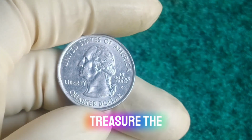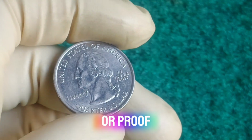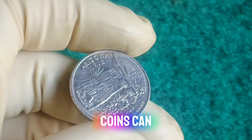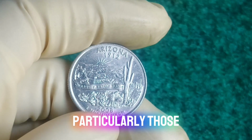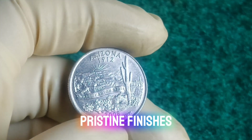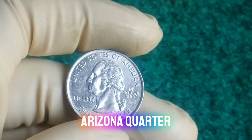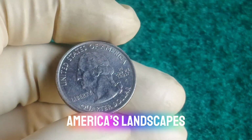Collectors today still treasure the 2008 Arizona quarter, especially in circulated or proof specimens. Depending on condition, mint mark, and variety, these coins can range from modest collector value to significant worth, particularly those with rare errors or pristine finish. Beyond its monetary value, the Arizona quarter stands as a piece of living history, a reminder of America's landscape's artistry